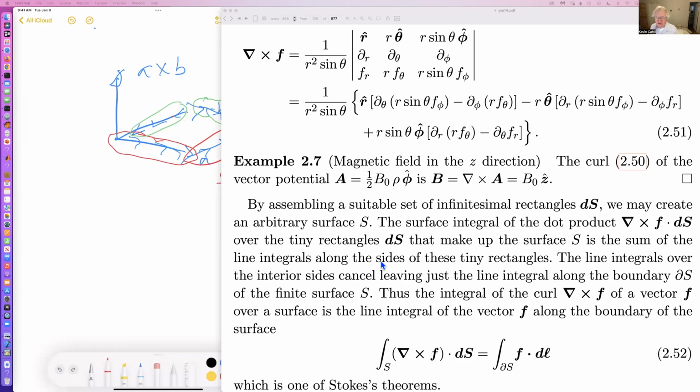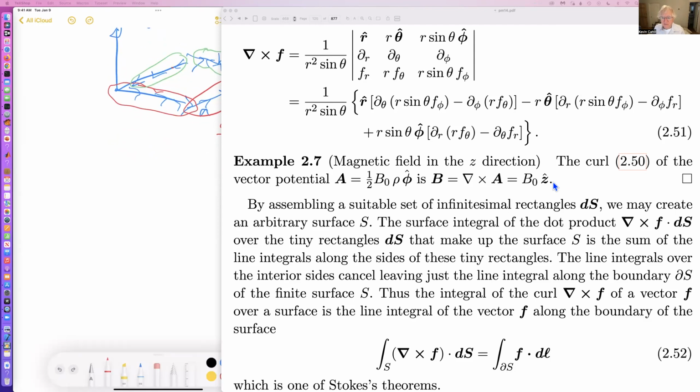And you take the curl of that in spherical coordinates, then what you get is B0 z. Maybe I should do that for you. This is a case where there's only one component. So the curl of B should be